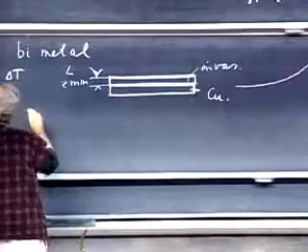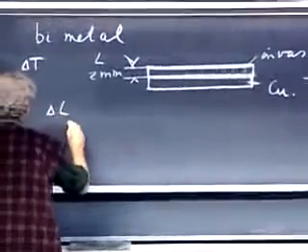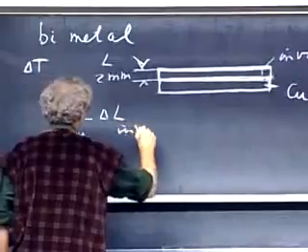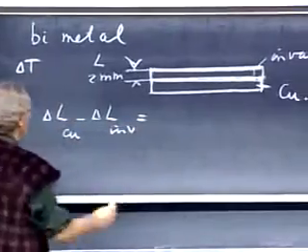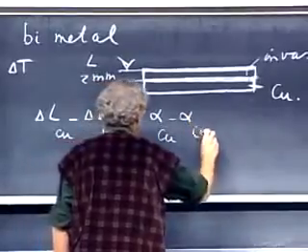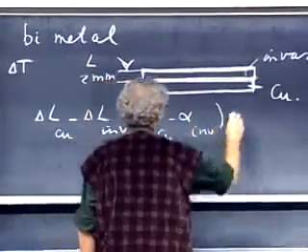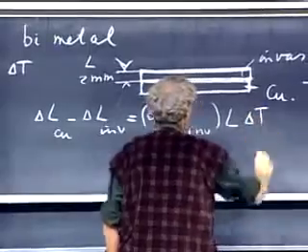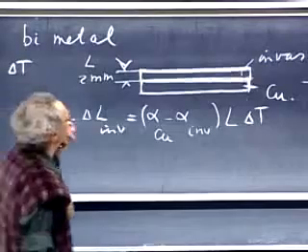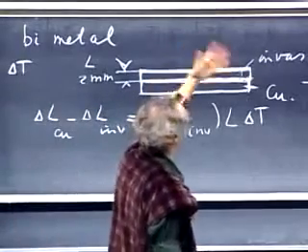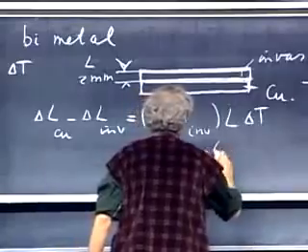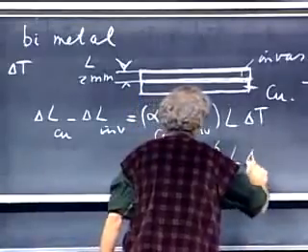So what I'm interested in is really the delta L of the copper minus the delta L of the Invar. That's what I'm after. And that is the alpha of copper minus alpha of Invar times L times delta T. So it is the difference that matters. So the difference is 17 minus 1, so that is 16 times 10 to the minus 6 times L times